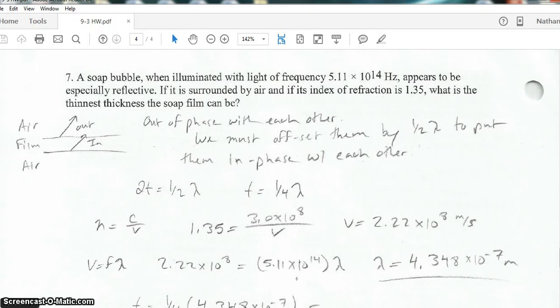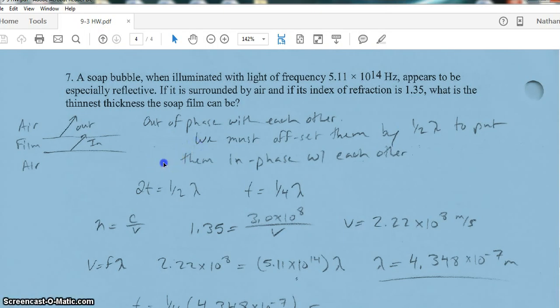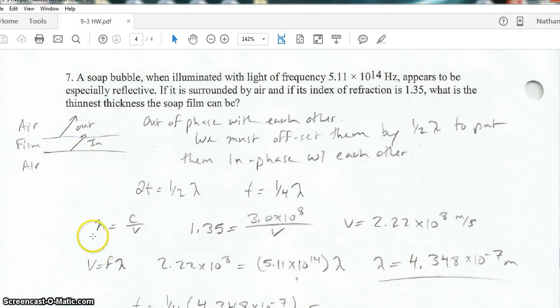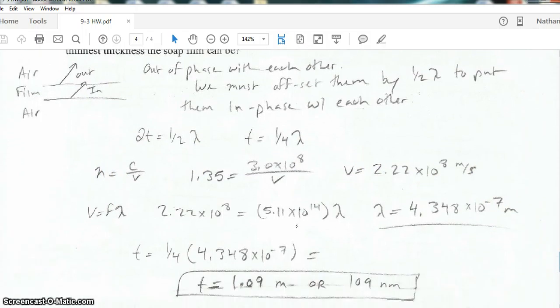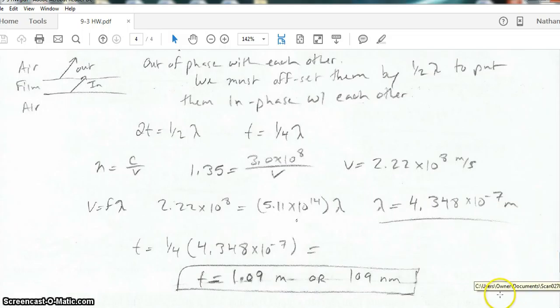Okay, so for part 2 of homework 9-3 here, just questions 7 and 8 to wrap up, and I'll go through these pretty quickly. For the most part, I'll just show you the answers and the work here. If you do need further explanation, come in and see me so I can give you some help,